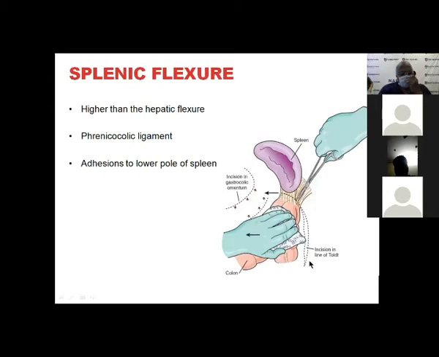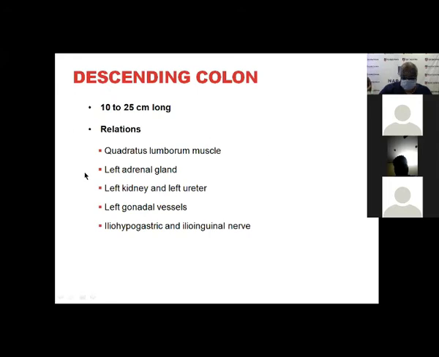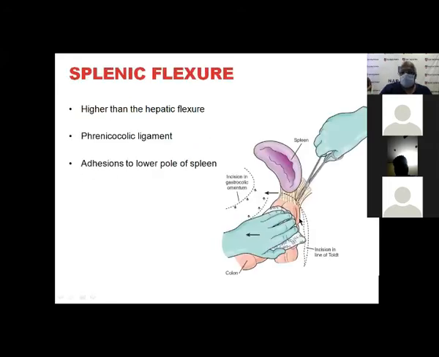The splenic flexure is very, very important, especially in an obese individual, because most of the time the splenic flexure gets adhered to the spleen. And if you pull it, you are likely to tear this area and cause a hemorrhage. Sometimes it will compel you to do a splenectomy unnecessarily. You will have to nicely divide it. And this is called the line of Toldt. Line of Toldt is on the left side, inside the peritoneum. Push the whole colon to the right side and also divide this ligamentous attachment.